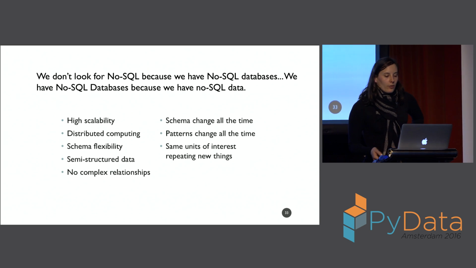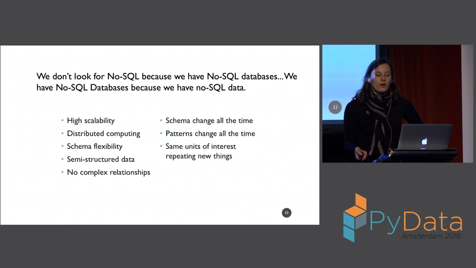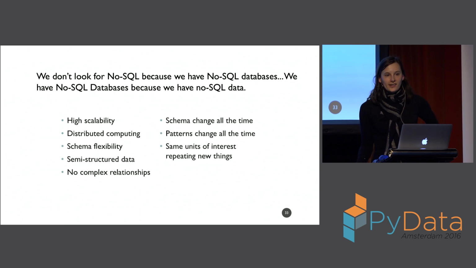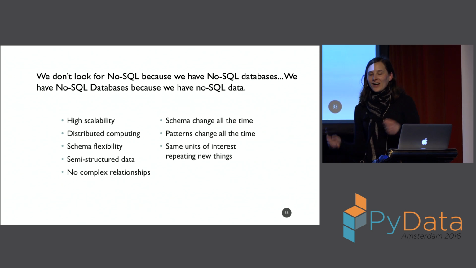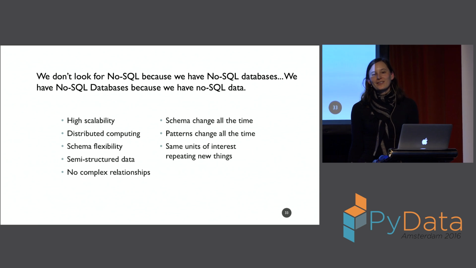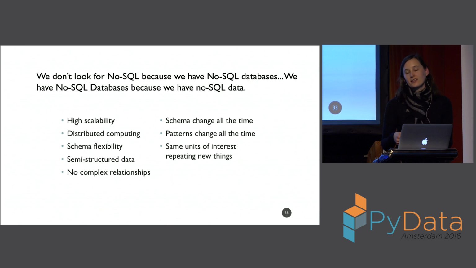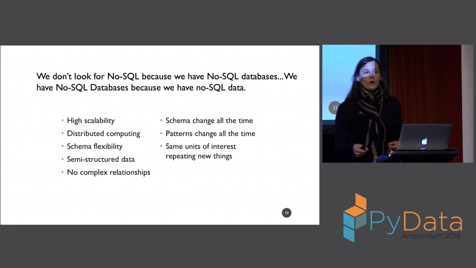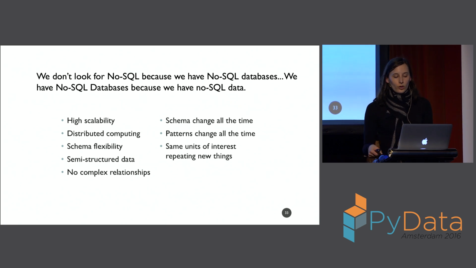Okay, I also want to point out we don't look for NoSQL because we have NoSQL databases, right? So I don't think this is a case of the intern just found out how Mongo works and they think it's awesome and they want to try out this new sequence, so they're trying to cram things in, right? The point is this is all coming because our infrastructure is evolving. What we can know is evolving. It's becoming more contextual, and so for that reason, the data is going to be more NoSQL-like.